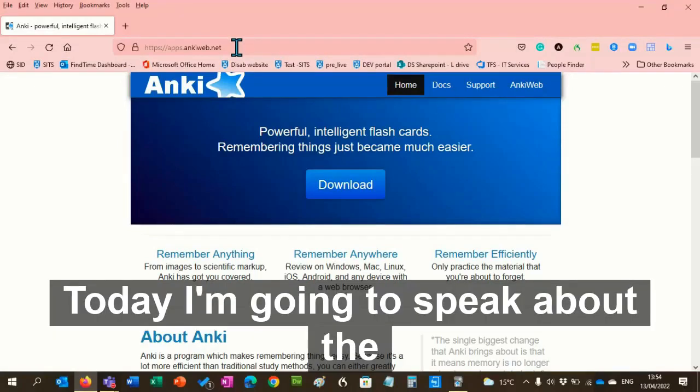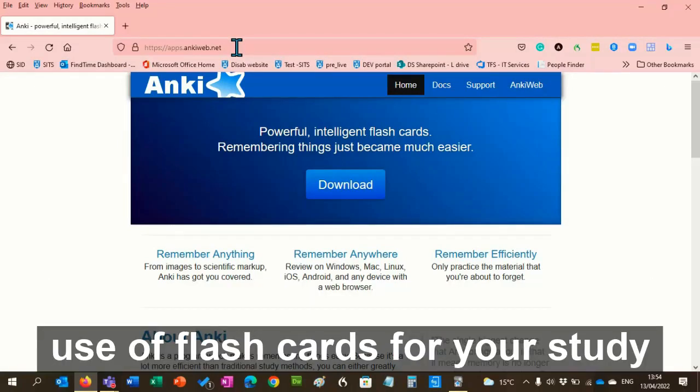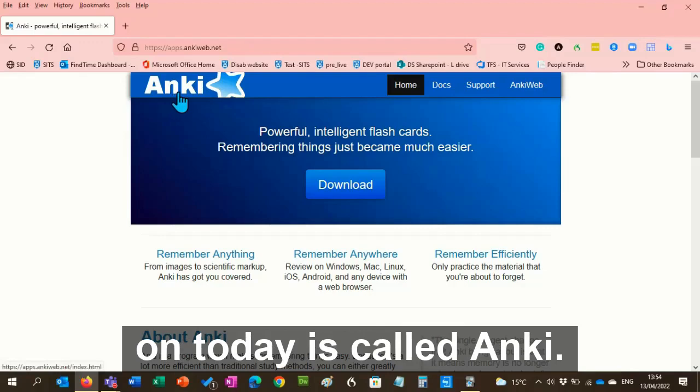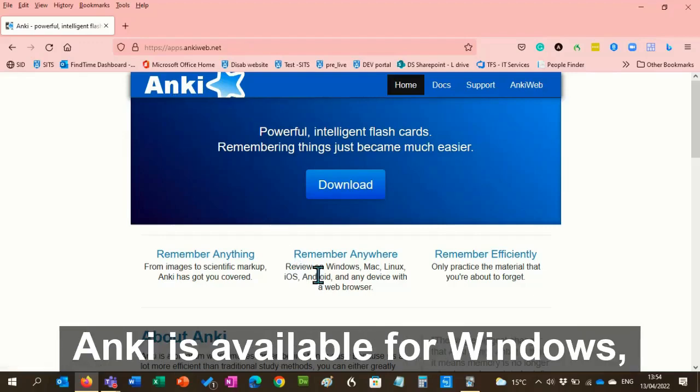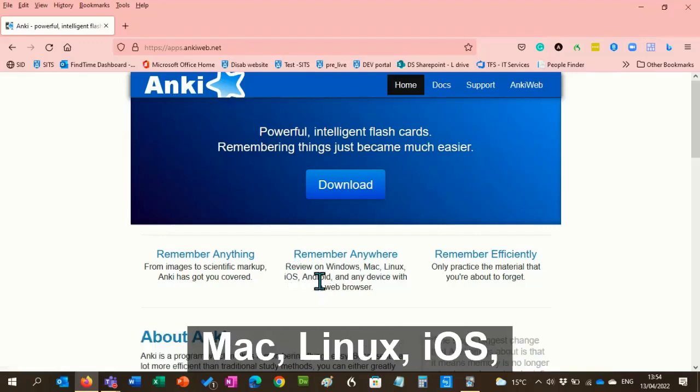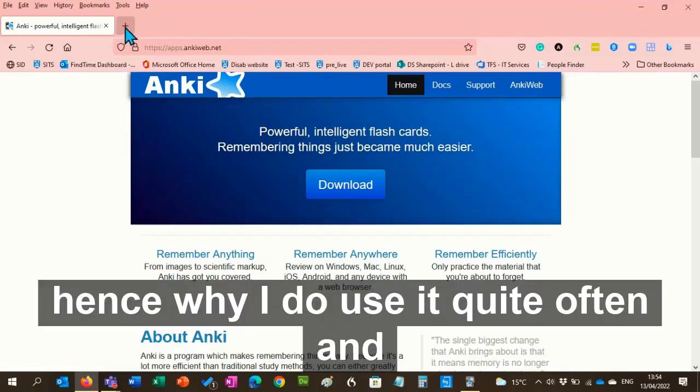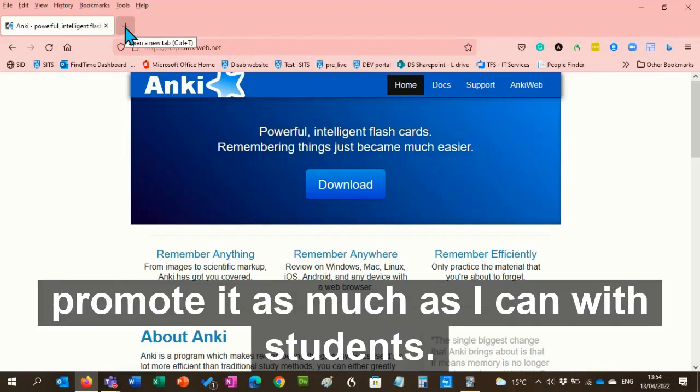Today I'm going to speak about the use of flashcards for your study, revision and lead up into exams. The tool we're going to focus on today is called ANKI. ANKI is available for Windows, Mac, Linux, iOS, Android and any device or browser. So it's a cross-platform tool, hence why I use it quite often and promote it as much as I